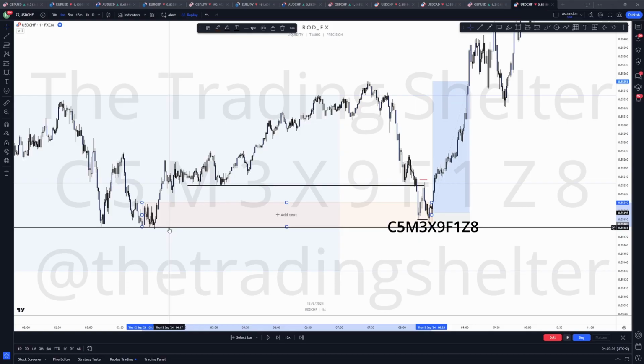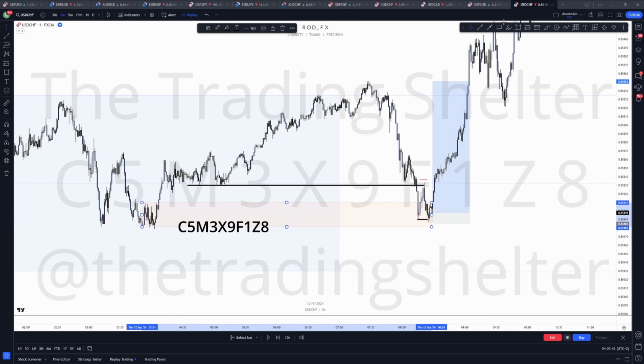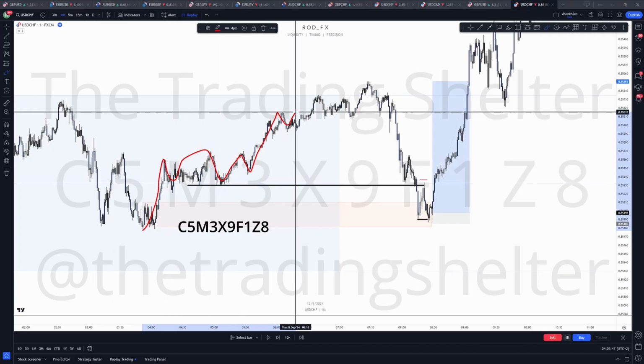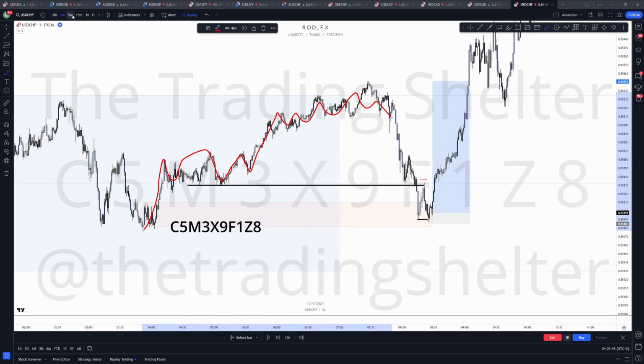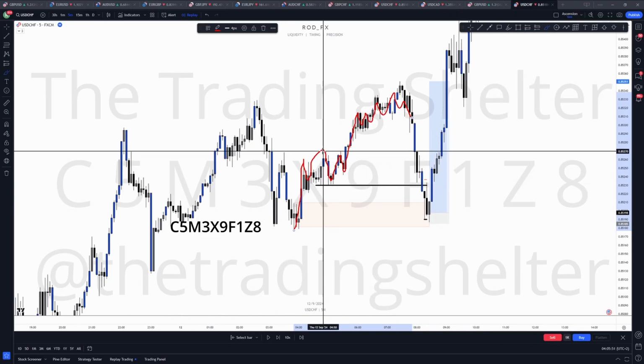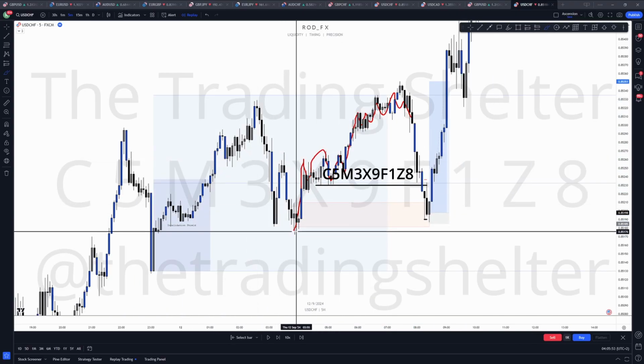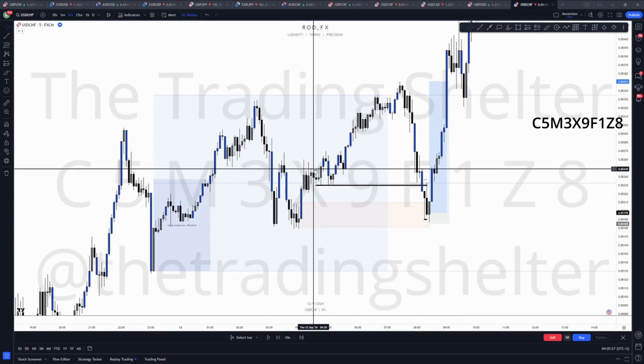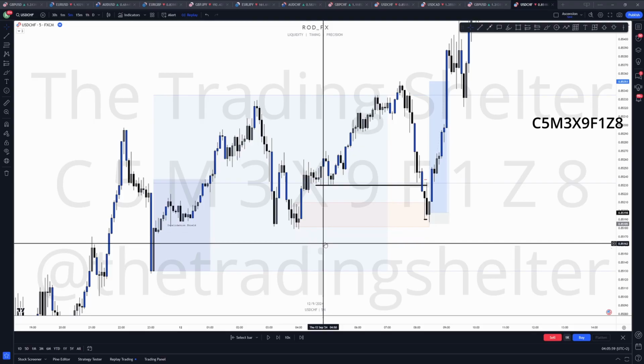But it's just so you guys understand that identification of structure is very important. So there's always the complex structure. When I say complex, it's the more fractal one, the more refined one, and there's the overall structure. If you are a more conservative trader, then you can trade the overall structure here, and it's complete.